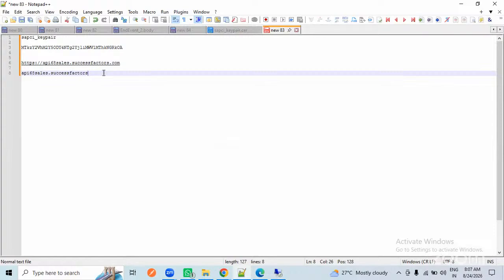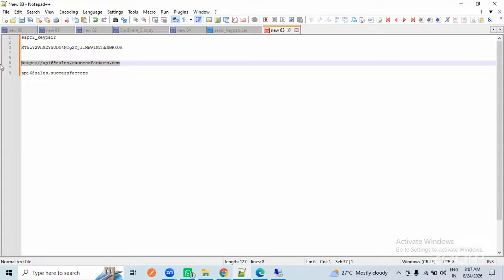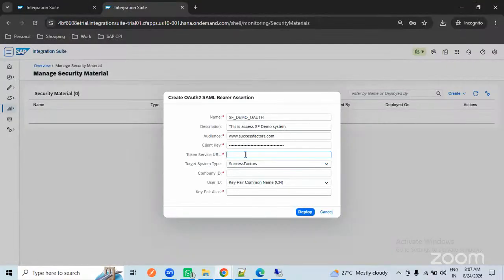API 68 says .successfactors.com. But the exact URL you will be getting from the SAP help portal which I have given. They will keep on updating those URLs, so you need to get the exact URL from there. For now, I will be copying this one and going into the CA system, and we need to append